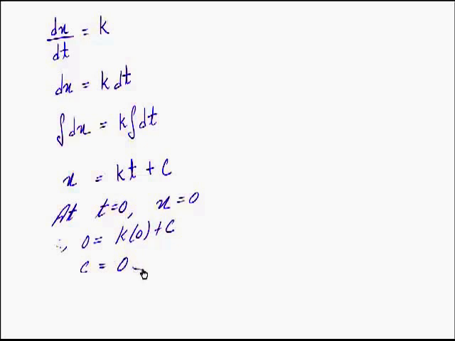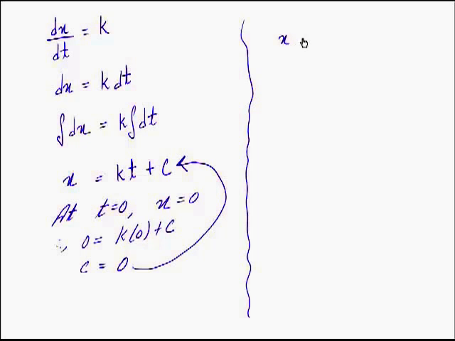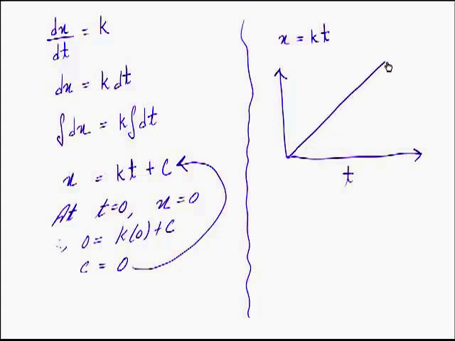So if we substitute this value in this particular expression, we have got the equation x is equal to K times t. So if we plot a graph of x versus t, the consumed concentration versus time, it will be a straight line passing through the origin. However, if we plot a graph of rate of the reaction versus time, then the graph will be a line parallel to the time axis.